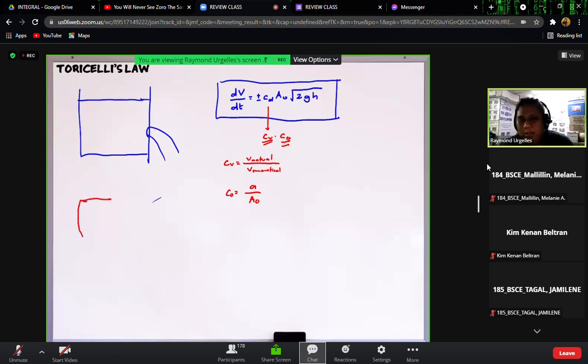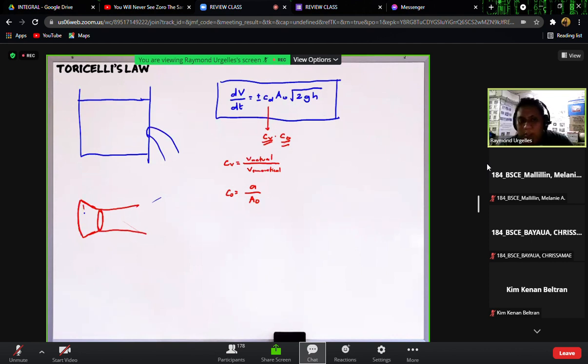hindi eksaktong ganito yung flow ng water natin diyan. Basically the idea is lumiliit muna yung, siguro may kinalaman to sa surface tension, lumiliit muna yung cross-sectional area natin, bago siya lalaki ulit. So therefore, there's a point here kung saan meron tayong area na kino-consider which is smaller compared dun sa